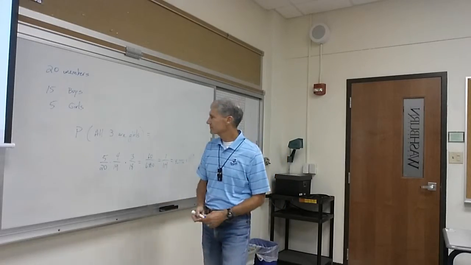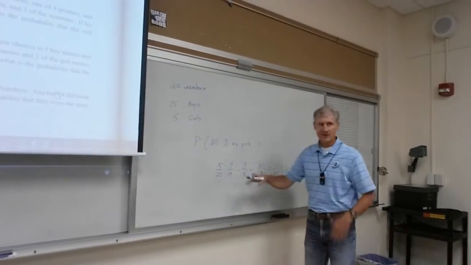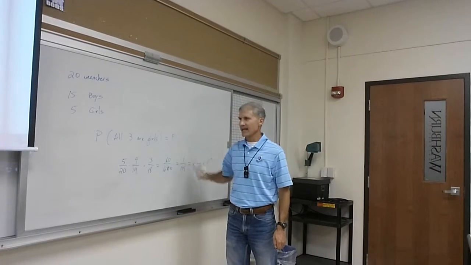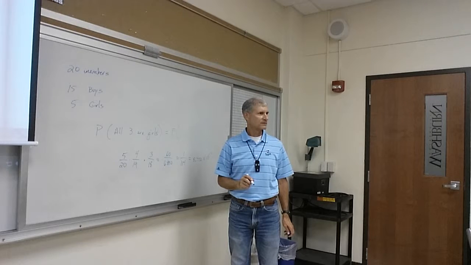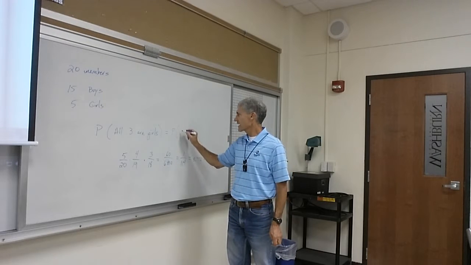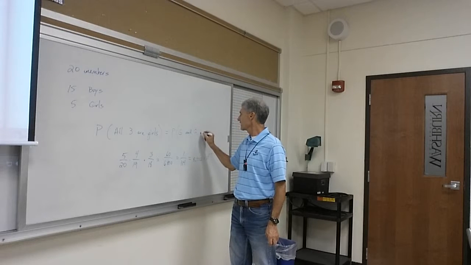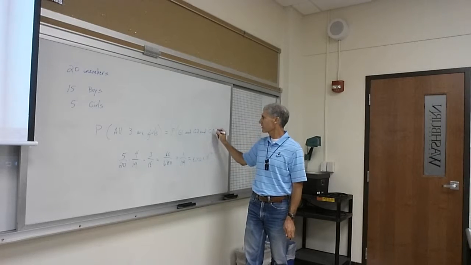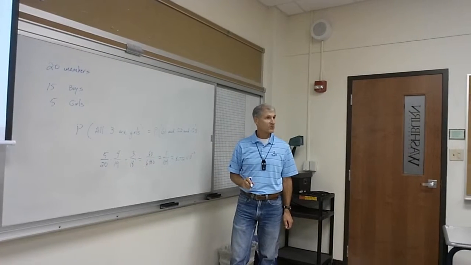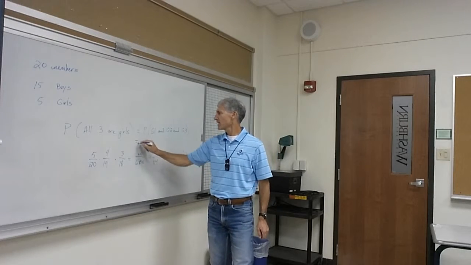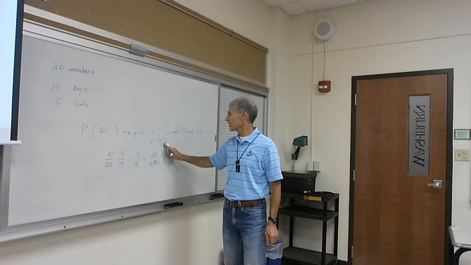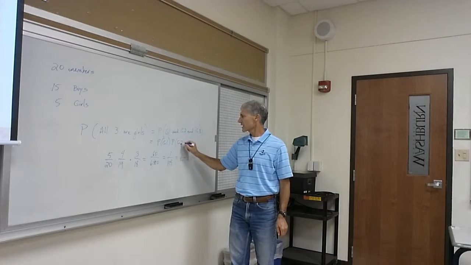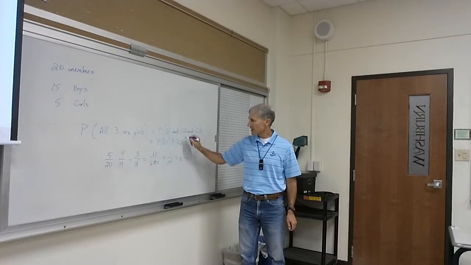So, but okay, now I skipped a step here because this is the way you guys were doing it, but all 3 girls, how is that an "and" statement? Okay, it has to be a girl and a girl and a girl, and I'm going to say girl on the first draw, girl on the second draw, girl on the third draw. Now we use the multiplication rule because it's an "and." That's probability of girl on the first draw times the probability of girl on the second draw, but I can't just do that. Why not?